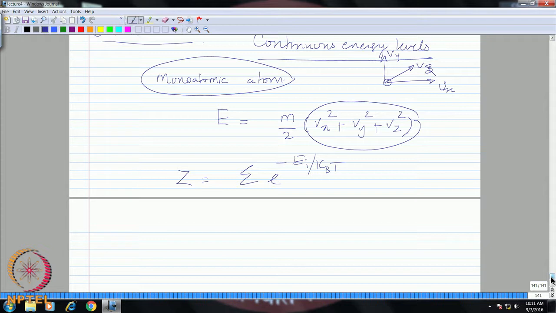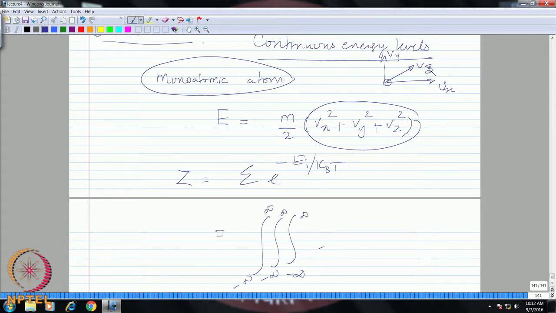The summation is good as long as you have discrete energy levels, but if you apply this for molecules where you have continuous energy levels, this can be replaced by an integral. And now how many integrals do you have? You have 3 integrals, one in x, one in y, one in z. So, you have minus infinity to infinity,